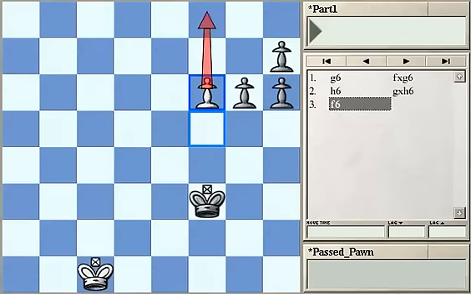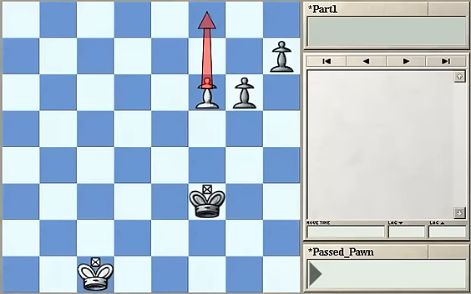So this simple combination shows a great potential of advanced pawns. So when we could create the passed pawn, it's almost impossible for black to stop this pawn from being advanced up to the 8th rank. So 2 pawns on the 6th rank, let's say in the next position, almost always